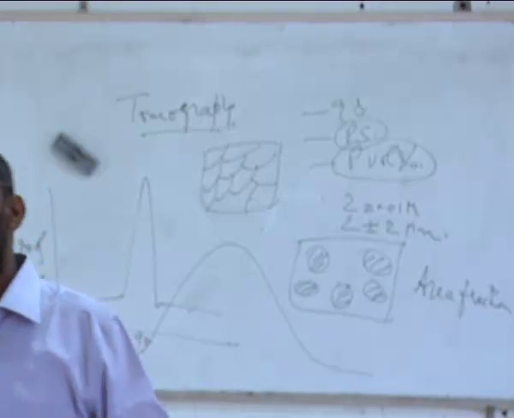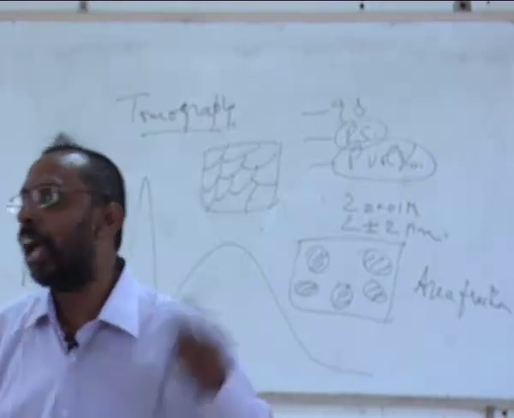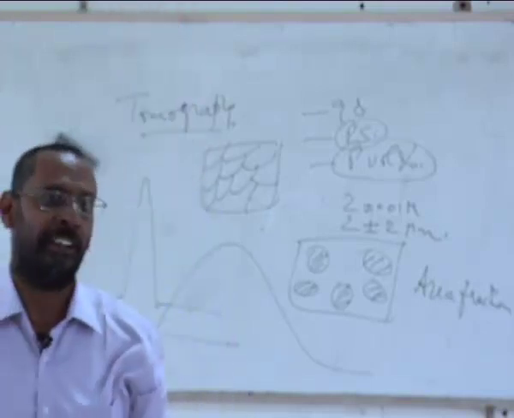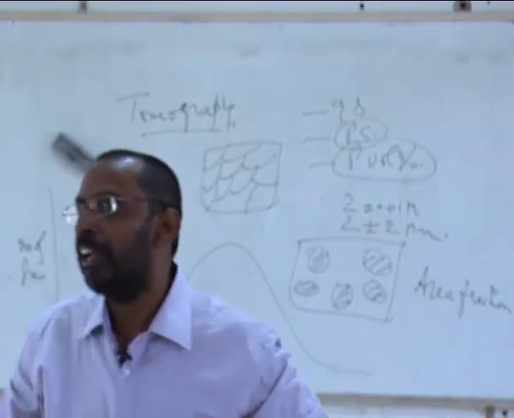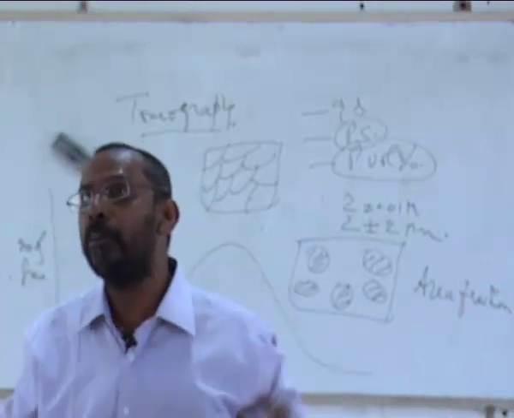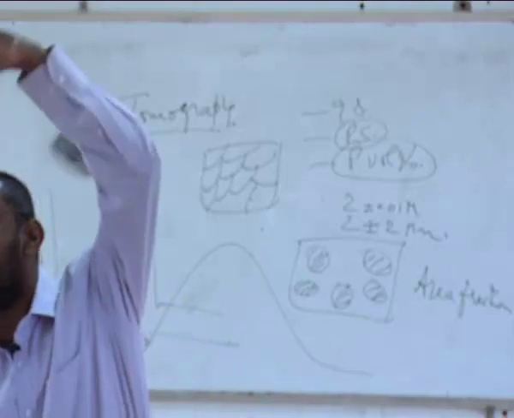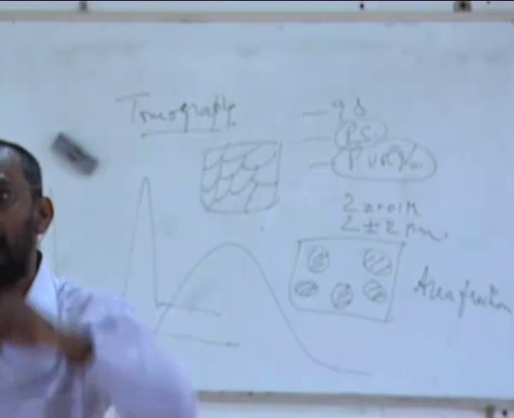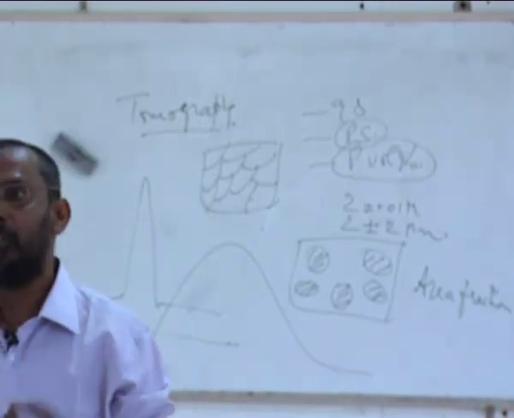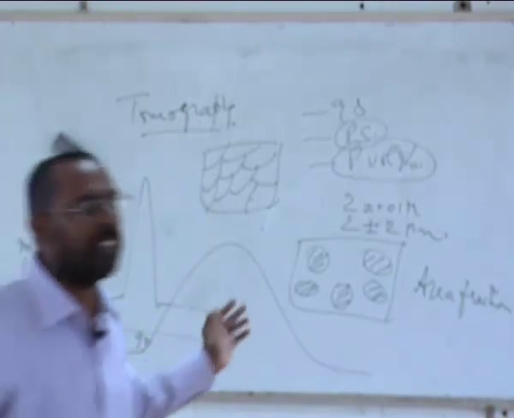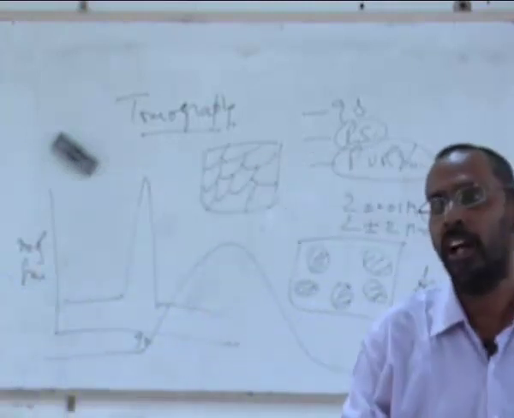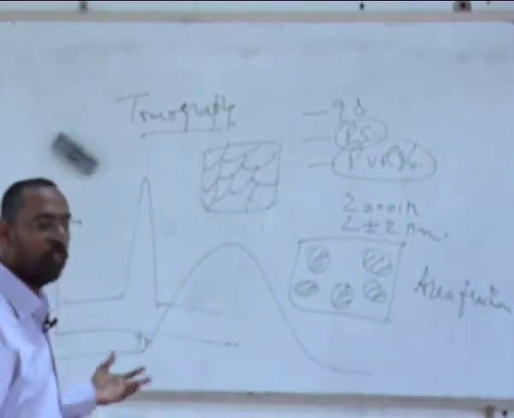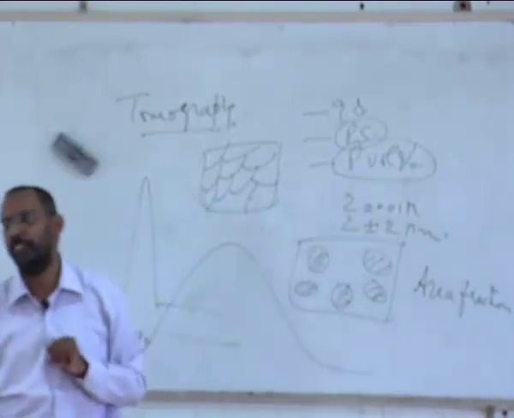Keep removing certain thickness of the sample, and I do this again and again, and stitch all these layers together in a software, in a graphics, and then I will be able to see what is the shape of the particle, are they really spherical, are they elongated. I may be seeing them as circular, but they may not be actually spherical. So all this information can be obtained by doing such kind of tomography and stereology, and a lot of people have worked on that and gave equations which correlate the area fractions to volume fractions.